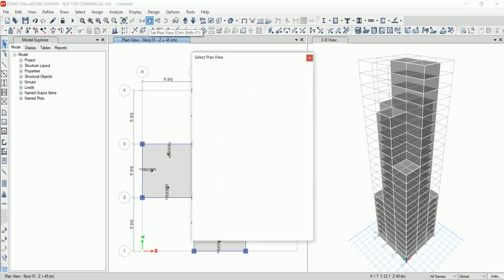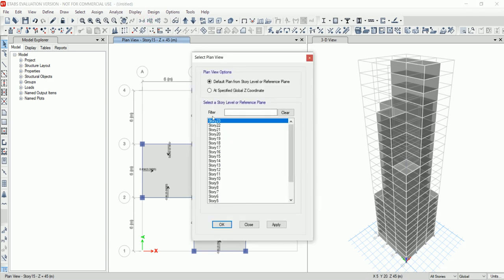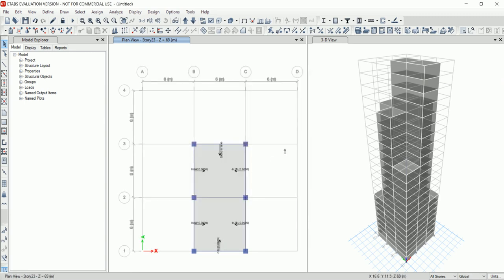Then go to plan view, select story 23 and click on OK. Then now click on 3D view and then next click on extruded view and select this to use extruded view for frame objects.